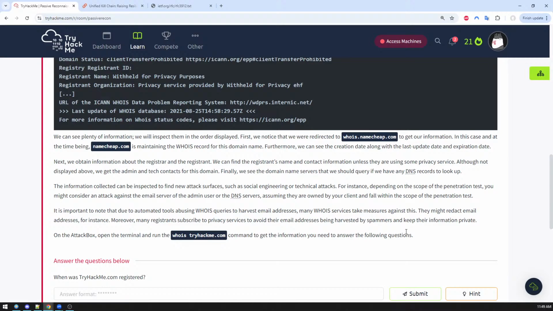It is important to note that due to automated tools abusing whois queries to harvest email addresses, many whois servers take measures against this. They might redact email addresses, for instance. Moreover, many registrants subscribe to privacy services to avoid the email addresses being harvested by spammers and keep the information private. On the attack box, open the terminal and run the whois tryhackme.com command